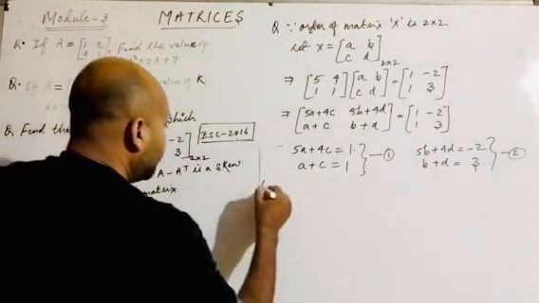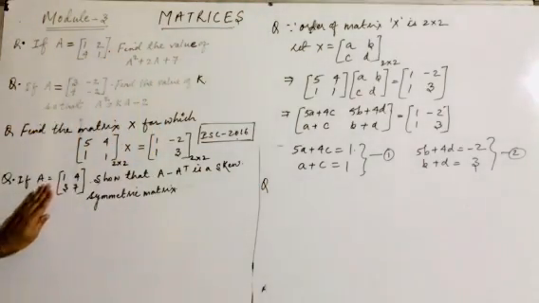The last question here. This is the condition given, A equals 1, 4, 3, 7. We have to show that A minus A transpose is a skew symmetric matrix. If you remember, children, in the previous module I taught you the meaning of symmetric and skew symmetric matrix. If the transpose and the original matrix are identical, it's a symmetric matrix. But if the transpose and the original matrix are additive inverses of each other, then we call it skew symmetric.